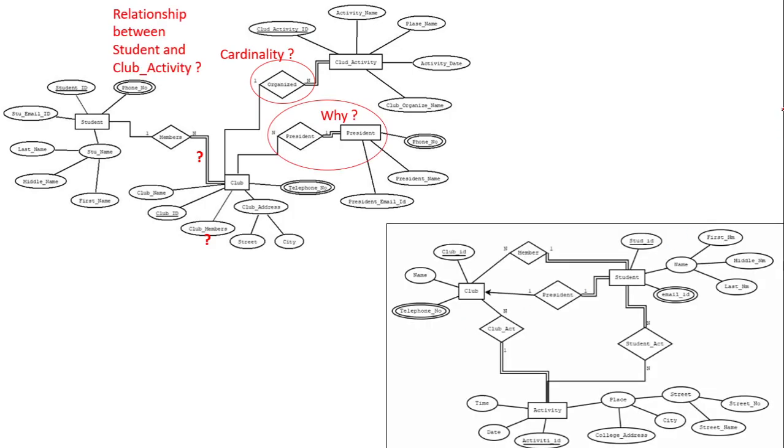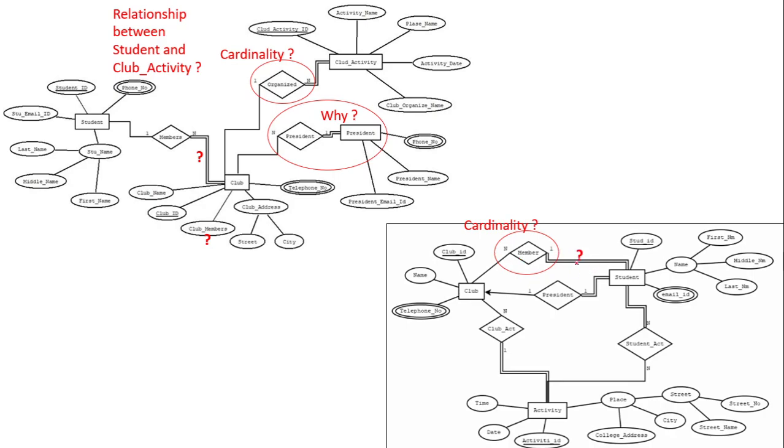Okay, now this is one more solution that I have received. So in this solution, what is the problem that I will tell you? Cardinality for this relationship set member. So student is a member of the club, but regarding the cardinality, why is it many to one? See, one club may have many students as members, and one student may be a member of many of the clubs. So this relationship should be many to many, right?